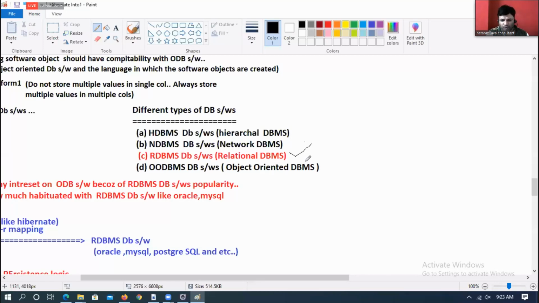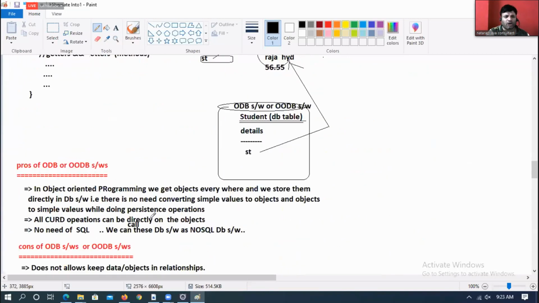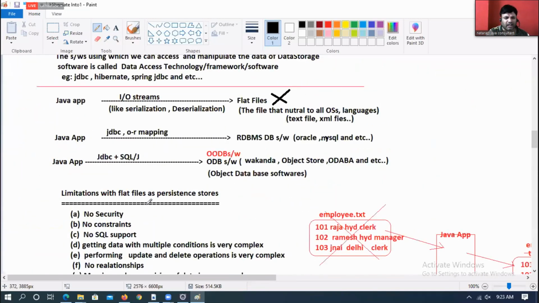But the biggest problem with RDBMS database software is that it cannot store objects. It can store only simple values. But it is very popular; everyone knows one or another relational database software, either Oracle, MySQL, or PostgreSQL. But they cannot store objects. To talk with these RDBMS database software, we can use either JDBC or OR mapping.